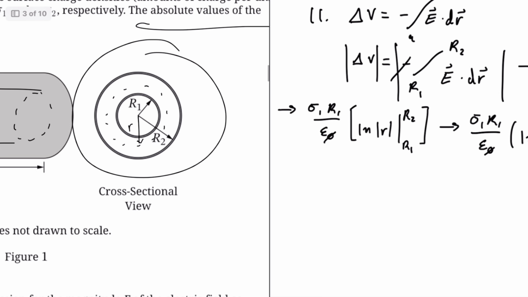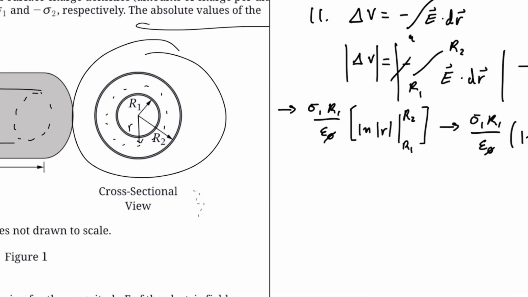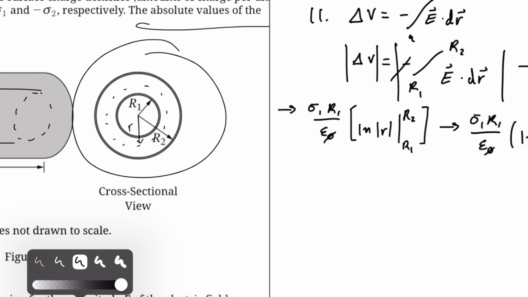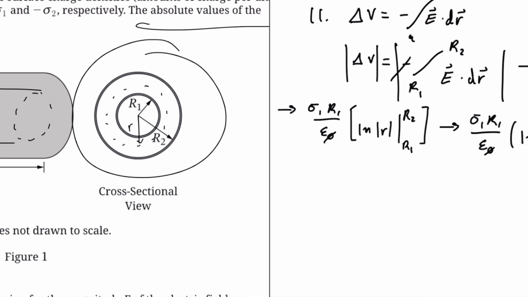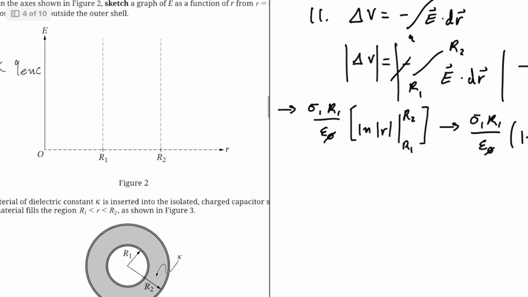Since this one was negative Q, and this one was positive Q, and they have to be the same charge, then the charge that's enclosed, a negative plus a positive of the same magnitude, is 0, right? If I'm adding negative Q to positive Q, then there's no enclosed charge. Therefore, what we have to draw here, okay,